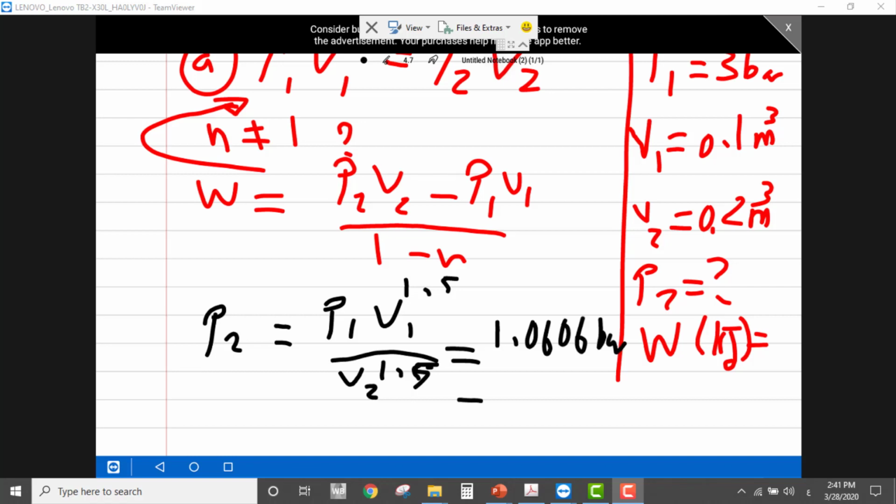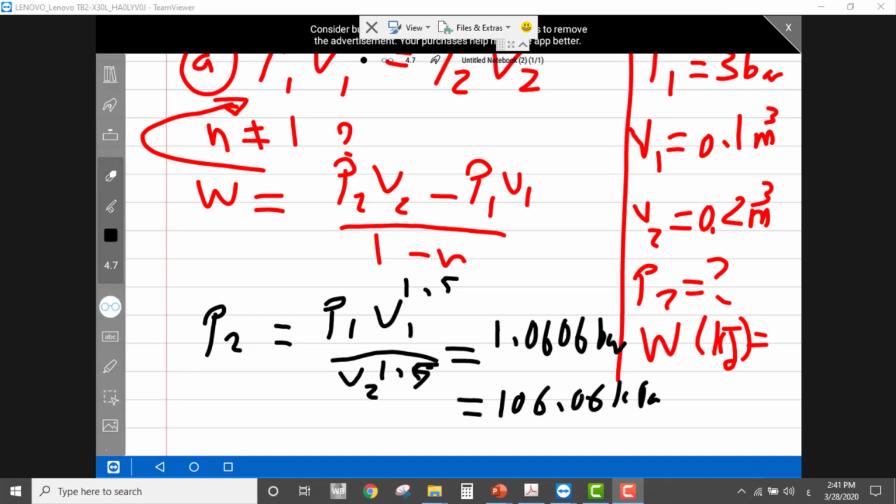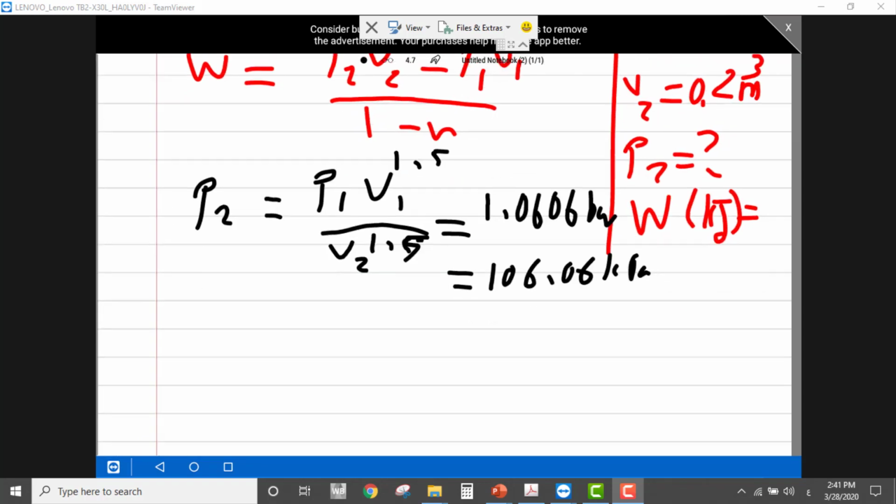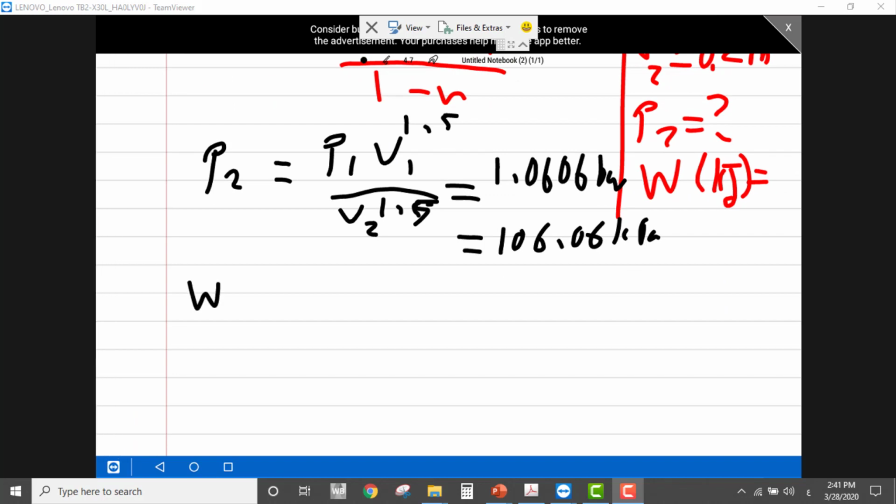If you convert it to Pascal, you will find out that this value is 106.06 kilopascal. Okay, and now we are ready to find out the work from 1 to 2,